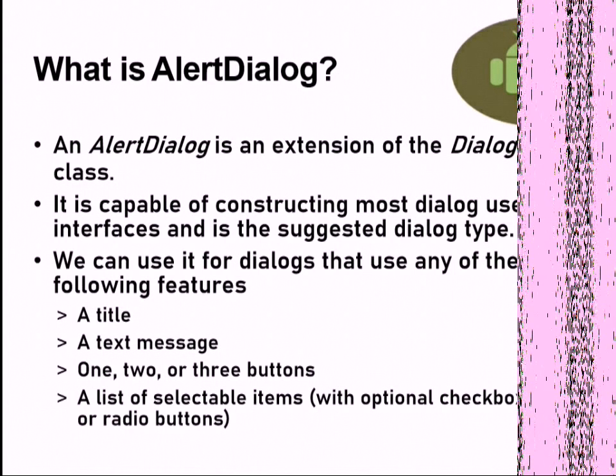In dialogues, there are many attributes, or you could say features, associated with it. In a dialogue, you should have a title and also a content message, or text message. And there are buttons available. Generally, there are two buttons available: a positive and a negative button, and also a cancel button, so you can cancel that alert. So there are basically three buttons available. You can also customize this alert dialogue so that it can hold list items, checkbox items, or radio button items.